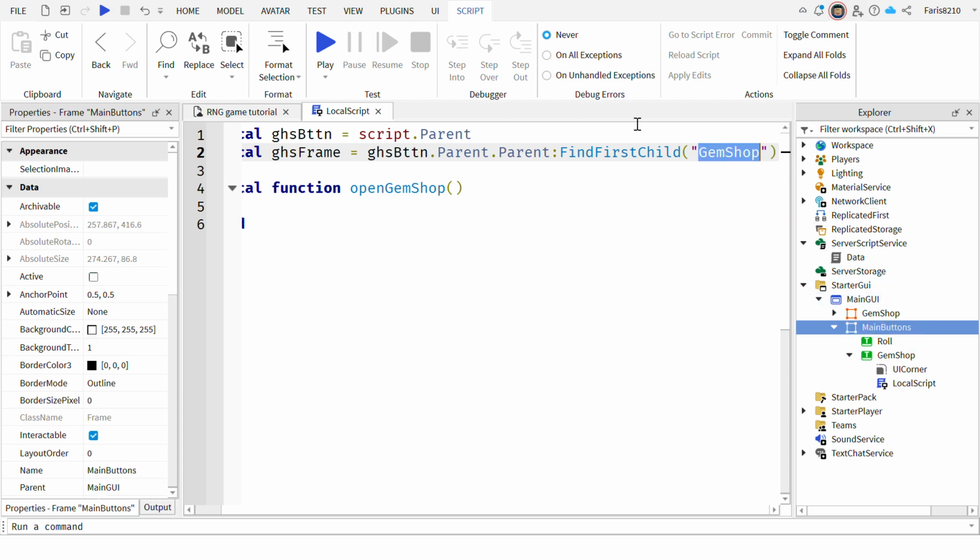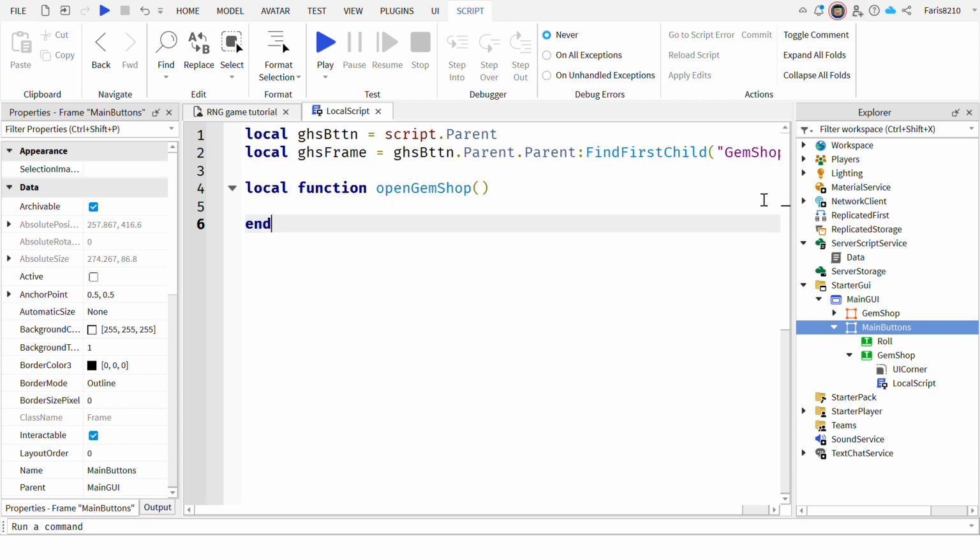See? We change the first instance of the instance with the given name. It's going to find the first thing which has this name. So if you have more than one thing which has the same name, this is only going to find the first one. So here what we want to write